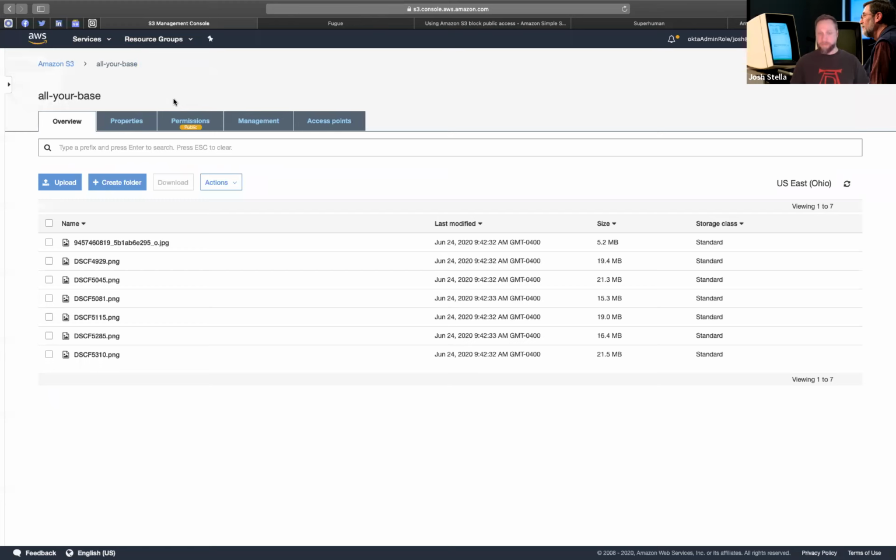Over time. Buckets are free. All they are is strings at the front of URLs. That's it. They're free. I would make different buckets for different use cases, for different audiences, generally speaking. Now, there is a mechanism called access points where you can apply different bucket policies to the same S3 bucket